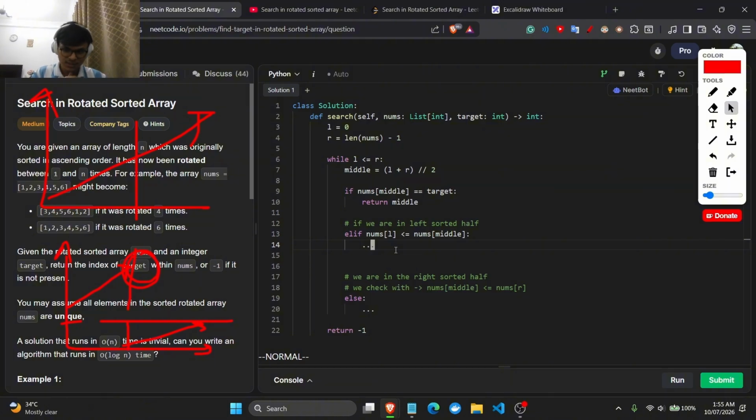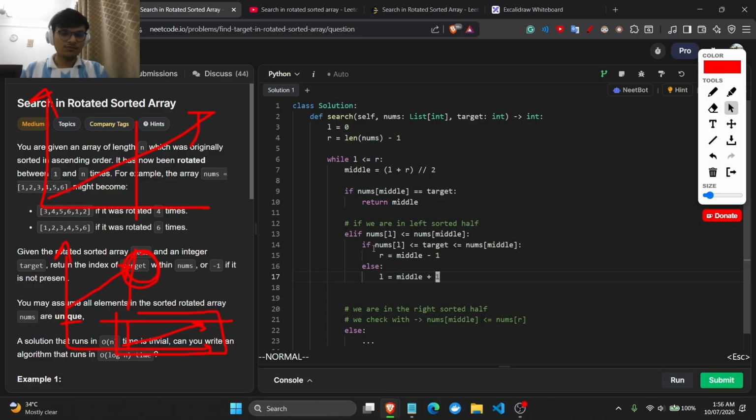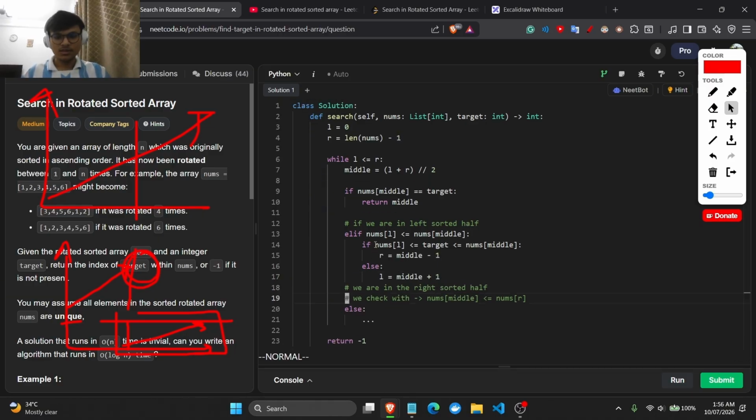The reason why you want to even check this half is, if nums L is greater than or equal to target, if this is the case, then we would do something like R is equal to middle -1. If not, then we would say L is equal to middle +1. Let's assume we are over here